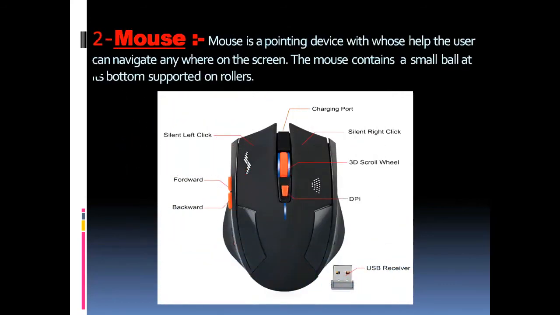Next is a mouse. What is a mouse? Mouse is also an input device. It has a short body and a long tail like a real mouse. It has two buttons on the top and a small button at the bottom. The left button works like the enter key. The right button, when pressed, tells the computer to stop the action and quit or undo the work, depending on the software. On the desktop, the right button opens a list of options.